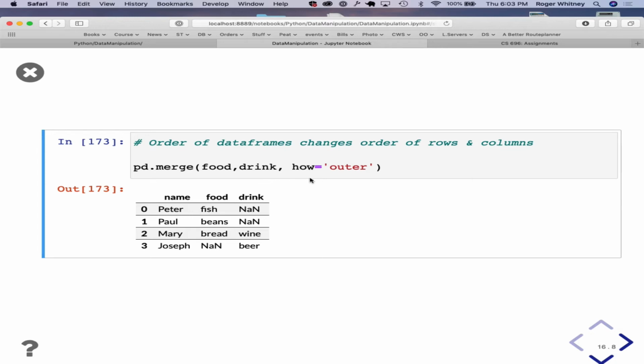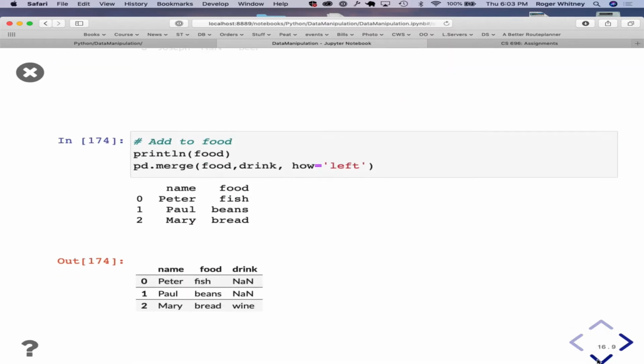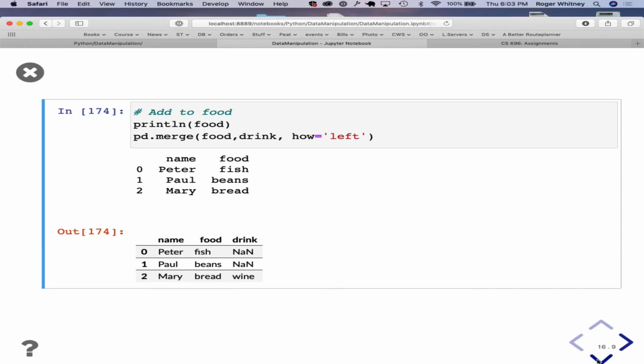An outer join one way is to flip them and get an inner join. And then you can specify we're adding to the food, so we're only adding the values which exist in food.